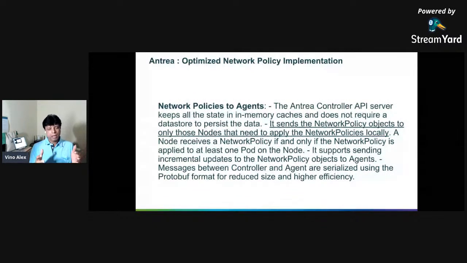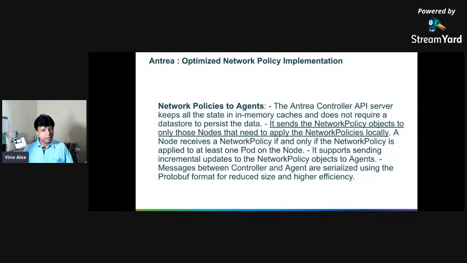Suppose you have a 25 node Kubernetes cluster, and you deploy an application. That application only has a couple of pods. Maybe it's a microservice. You have 10 services, and each of the 10 services may have a pod replica count of 2 or 5 or something like that. And for each of the services, you have a separate requirement for a network policy.